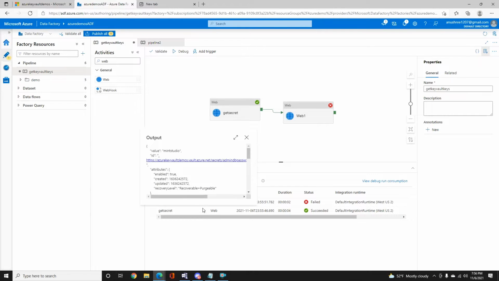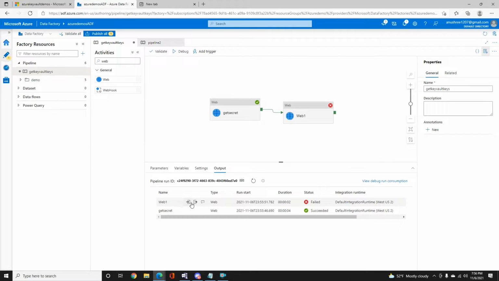See, we have the value in here, which is Mint Studio, and here in the input, we should have the same value. So in the input, the URL is Mint Studio. So this is how we can use one activity's output in another activity's input.